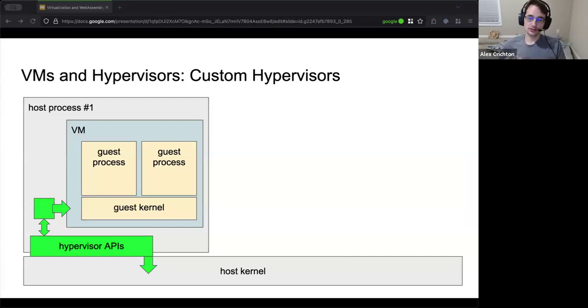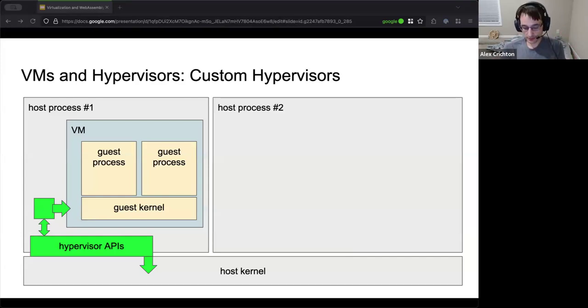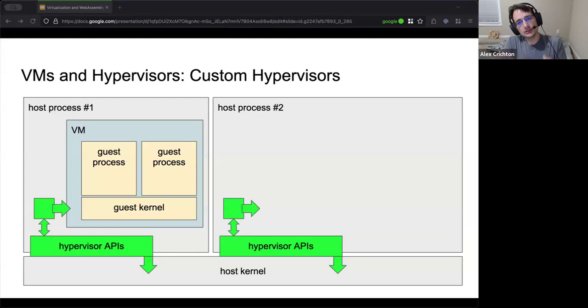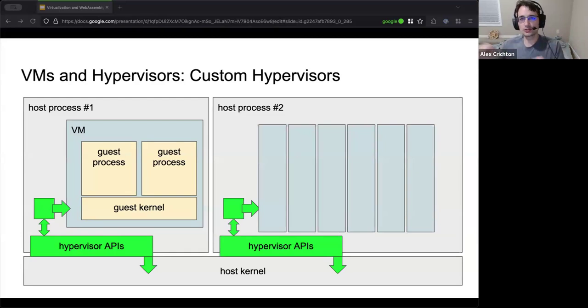But there's not necessarily any reason we have to be beholden to this particular paradigm. We could say, for example, in running this process, I would like to still run a hypervisor, but I'm going to start customizing all this. I'm going to interact with KVM in my own ways. I'm going to change this green box as I see fit. And I'm going to run a whole bunch of virtual machines. KVM supports lots of virtual machines inside of one process, and they're still all separate. They still have the exact same security properties and boundaries from each other, just all in one process.